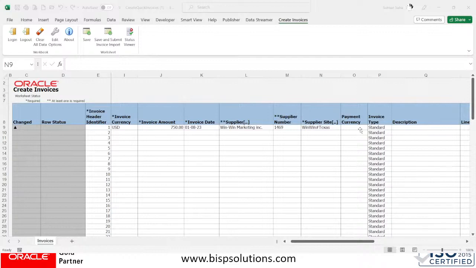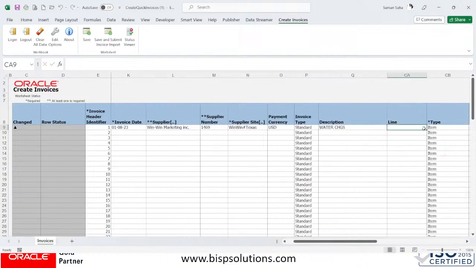Payment currency, I have to select the payment currency. There we are, USD, and the description is water